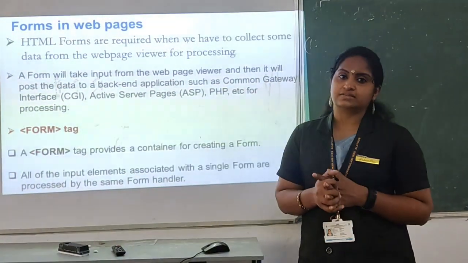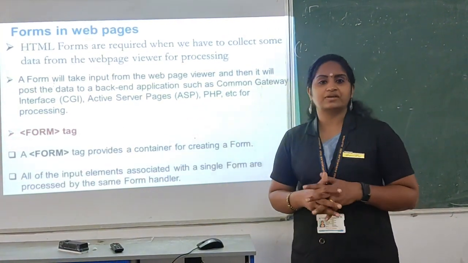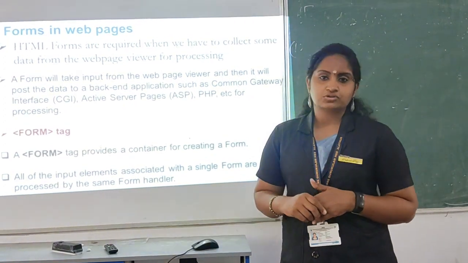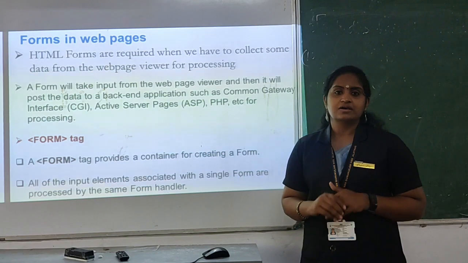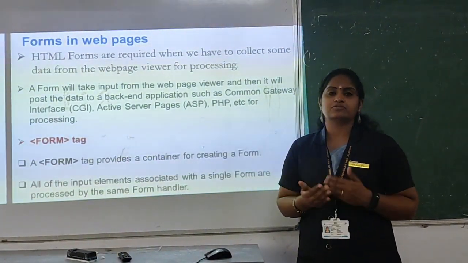Okay. And the next content which we have to study mainly is forms, which is related to the scripting languages. What is a form? You have application forms and the like, where you have to include details. Same as that, if you want to enter details through a web page, you have the facility, that is forms. You can input the content.